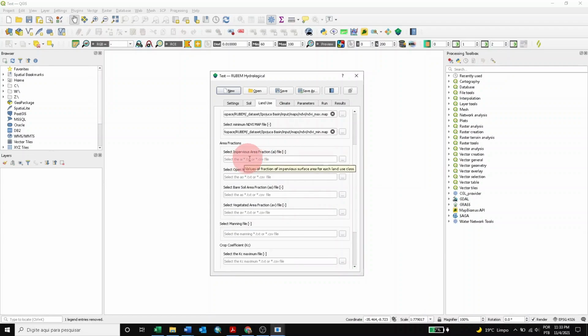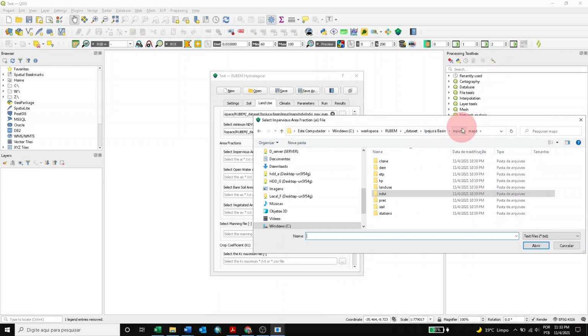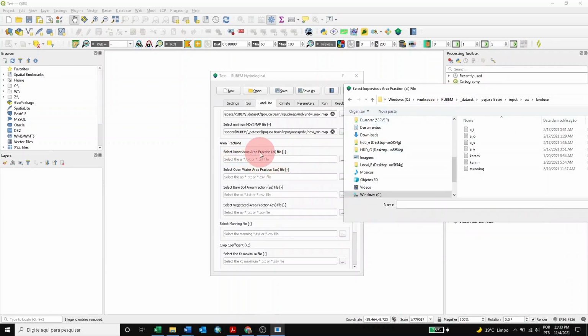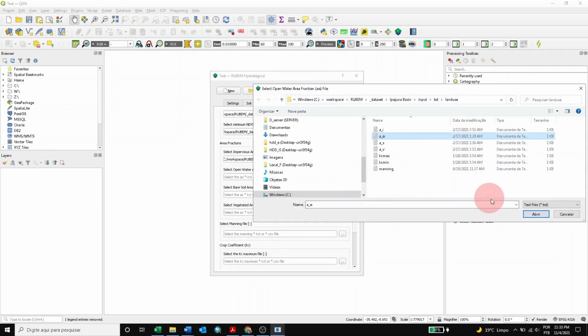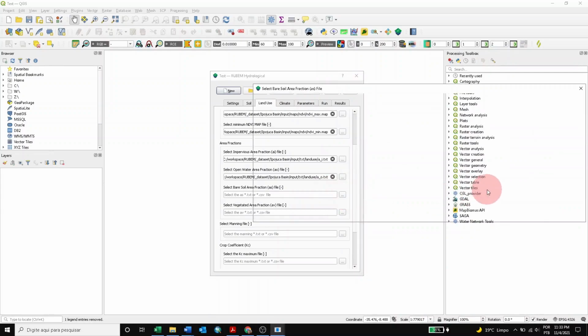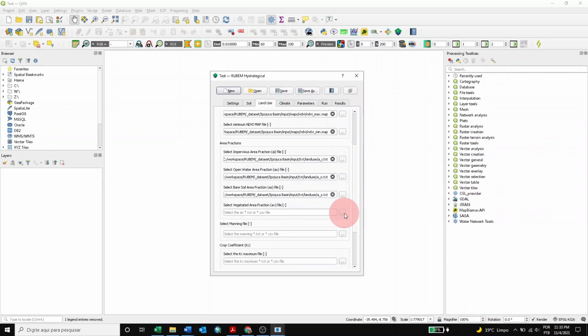So there is other information here. It is the impervious area fraction, the open water area, the bare soil area. So all these files here are text files, not map files. So we need to select these files, but in the input folder and text files, in this case about the land use. So we're starting with the impervious area fraction, AI. So select the file and open, and we do the same for the others. AO, AS, AV,